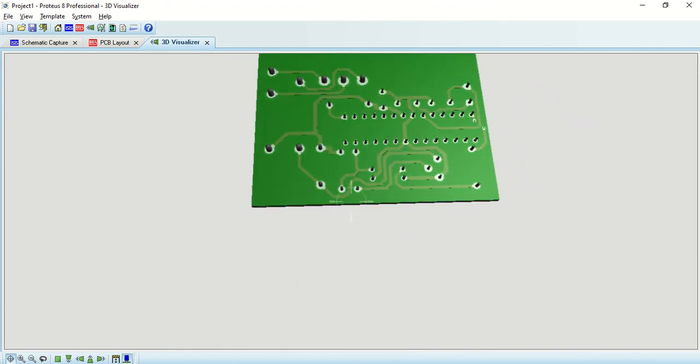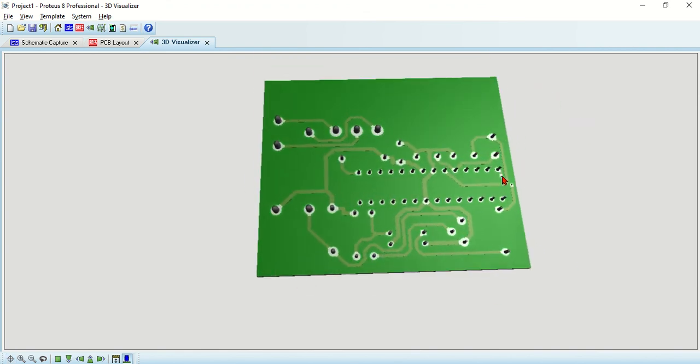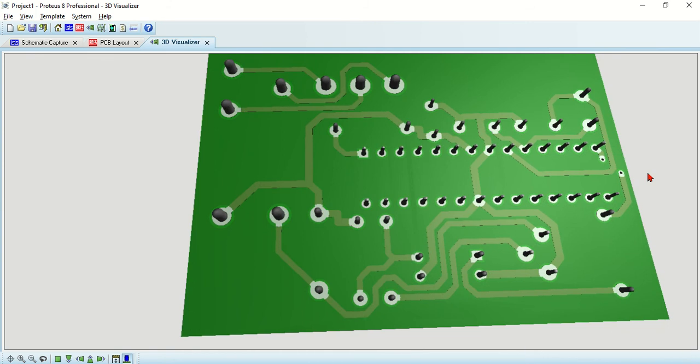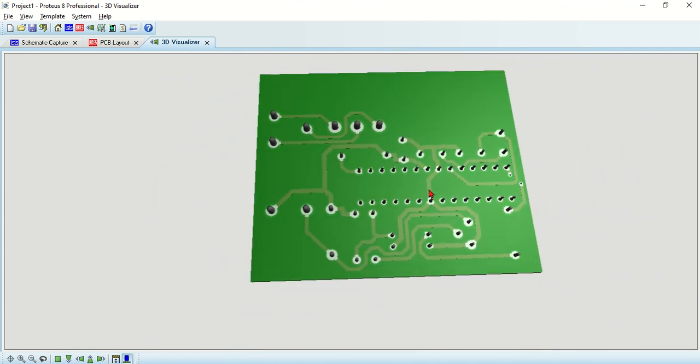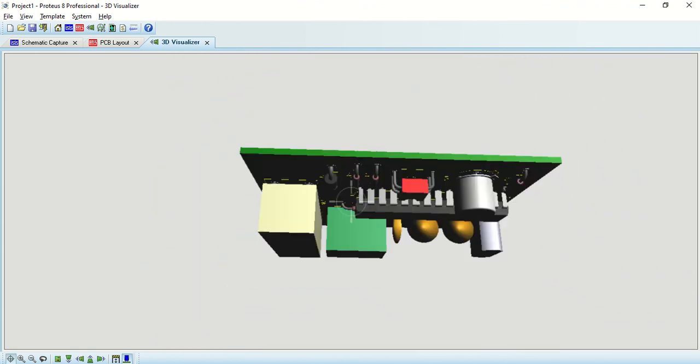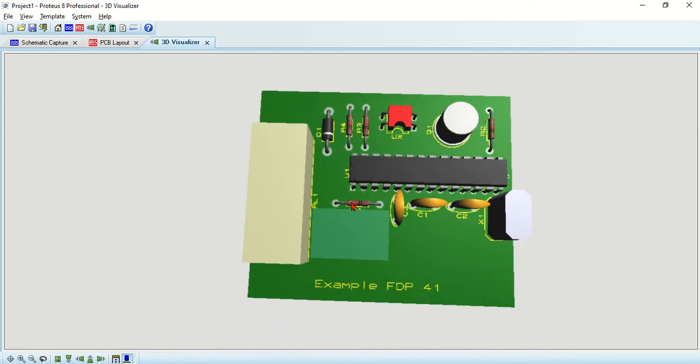Okay. Now there are two holes, and this indicates a jumper. We provided a jumper in the PCB, and it is shown here. This is a single layer, so the track is on one side, and on the other side we place the components,